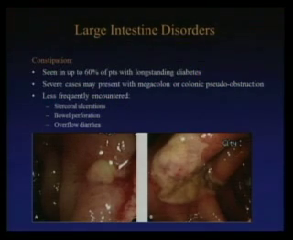Constipation is actually more prevalent than diarrhea in patients with diabetes. So 60% of patients with long-standing diabetes can have some slowing of the motility of the large intestine. And you can have very severe cases where patients present with megacolon or even colonic pseudo-obstruction. You can even get stercoral ulcerations, which are areas of pressure, necrosis, and ischemia within the rectum or distal sigmoid